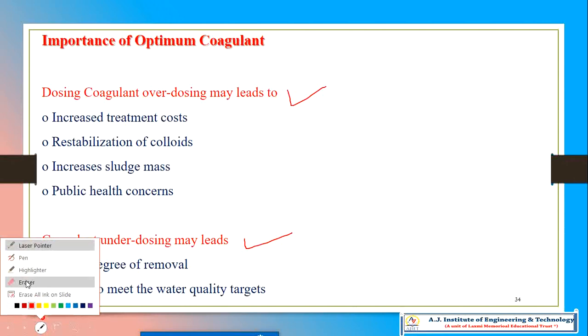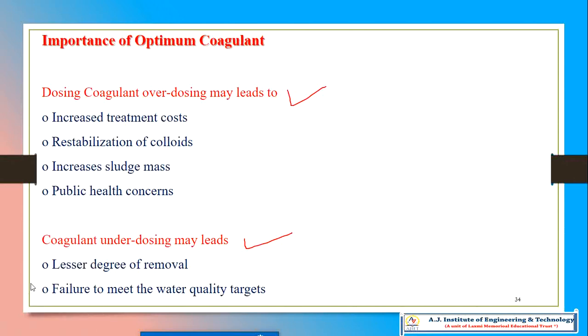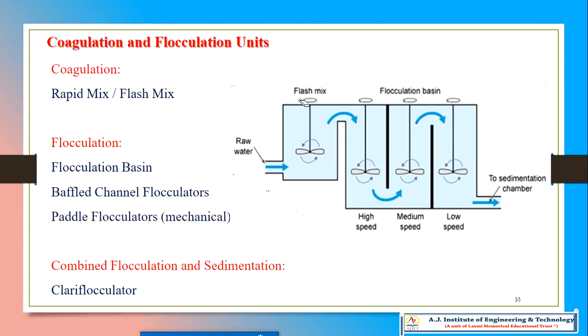Okay, we'll go to another slide which is also more important, that is how to mix it properly. In the laboratory we mix it by using a jar test. For that we have to provide a tank. So here we have to provide a tank. Here we are going for rapid mixing,